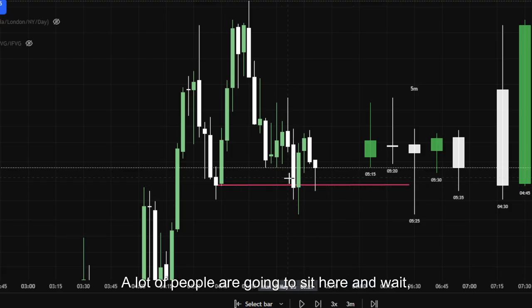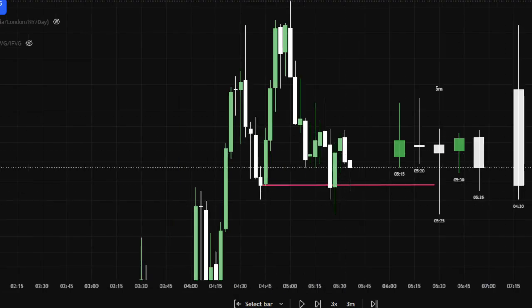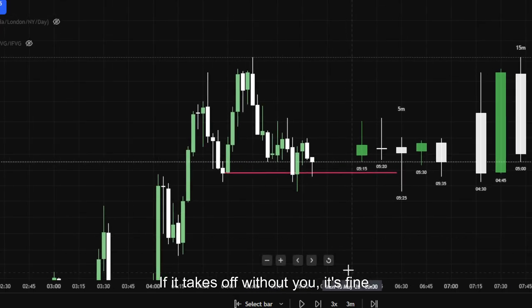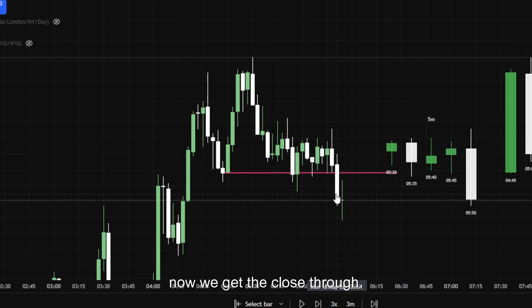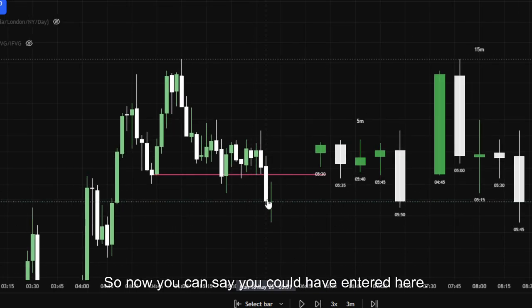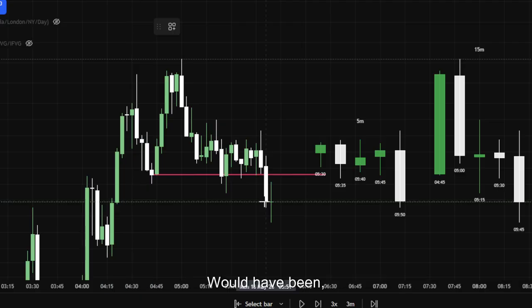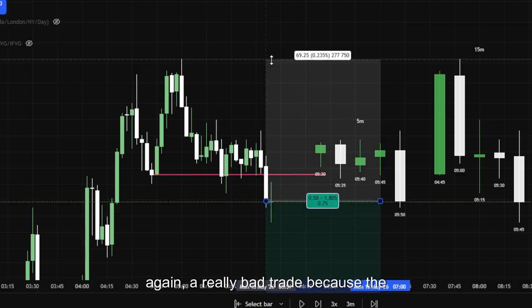A lot of people are going to sit here and wait, as they should. If it takes off without you, it's fine. You just wait for the next one, as they set up constantly. Now we get the close through. So now you can say you could have entered here. It would have been again a really bad trade because the context doesn't really make sense unless